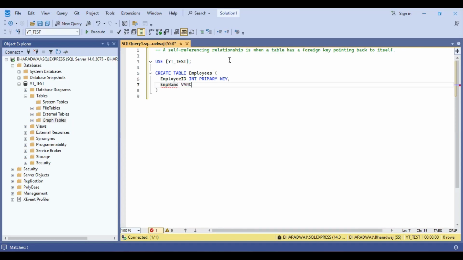This is of the type varchar 50. The next thing is let me go with the manager ID. This will be int null. This is fine. Let me go with the foreign key here, and so this one will be